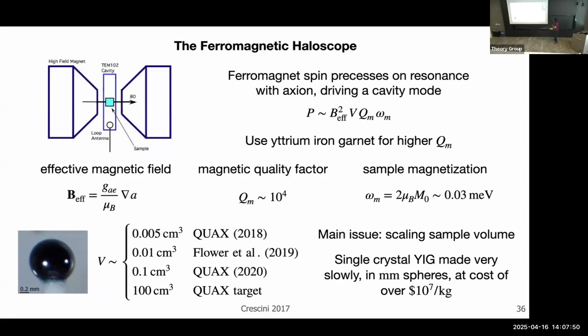In 2018, some people in Italy did it with one yttrium iron garnet sphere, which I think costs like $10,000, and they're almost too small to see. That sample had 0.005 cubic centimeters. There's an upgrade done in Australia, which used a bigger sphere. Then the Italians came back the next year and said, we're going to use 10 of these spheres, each slightly bigger than the last one. Now they're all the way up to 0.1 cubic centimeters, but their sensitivity benchmark in order to hit the QCD axion required 100 cubic centimeters.